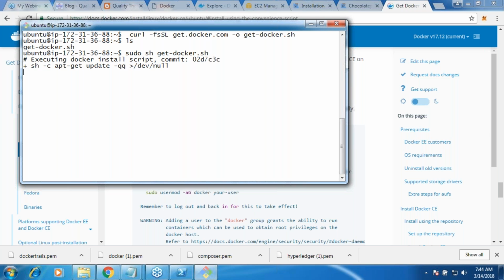So that's it. Today's Docker installation for us is very simple. We'll be taking the procedural approach at a later point of time. But this will take time because it has to do the installation, it has to do apt-get update and all of that. All right. Let it do the installation.